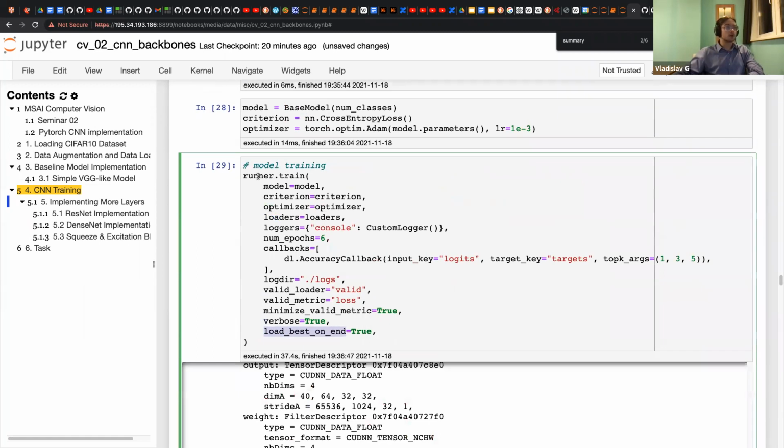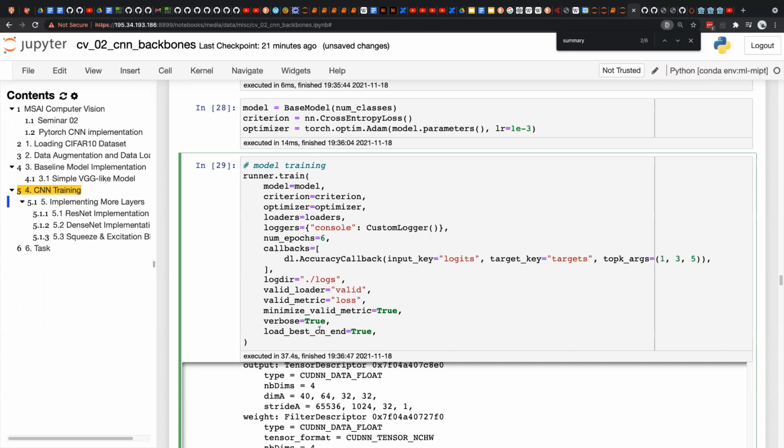So our runner, when trained, will have a best model, which provided the best validation score, in our case the minimal loss, and it will be loaded into that attribute of the runner.